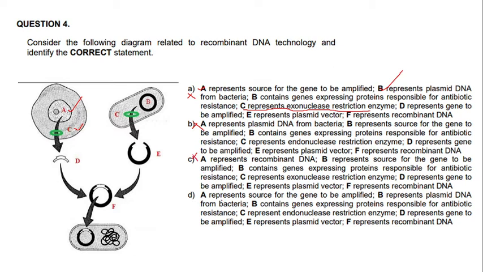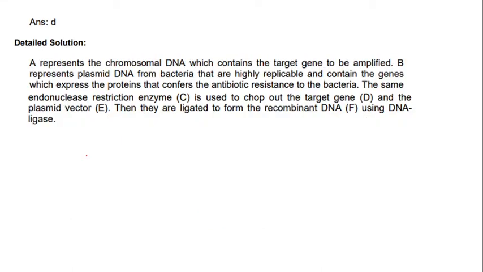So option A represents source for the gene to be amplified. B represents plasmid DNA from the bacteria. B contains genes expressing protein responsible for antibody response. C represents endonuclease restriction enzymes. D represents gene to be amplified. So here D, what D represents,